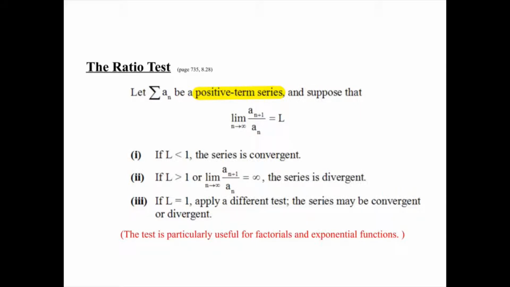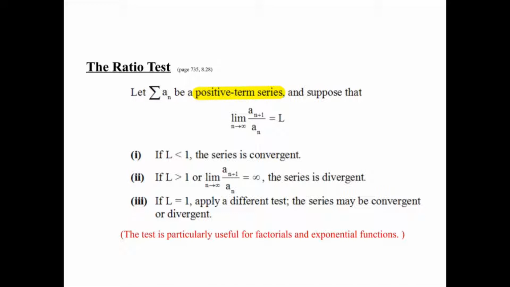So today we are talking about the ratio test for infinite series. If you have a series that is a positive term series and you calculate the ratio of the next term to the previous term and take its limit as n approaches infinity, if the limit is less than 1, the series converges. If the limit is greater than 1, the series diverges. And if the limit is equal to 1, the ratio test is inconclusive and you need to apply a different